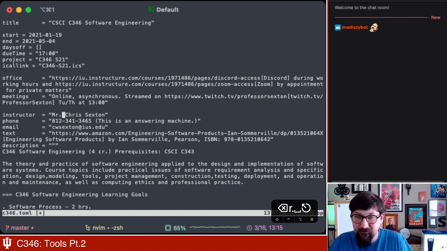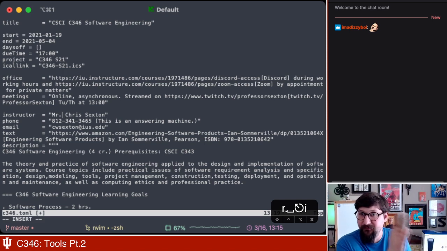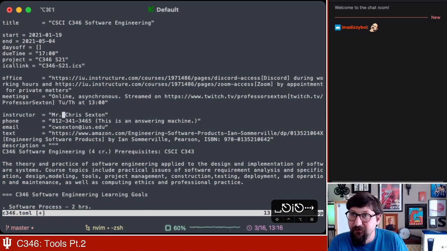So notice where my cursor goes. My cursor is right between Mr. and Chris Sexton there. If I press i, my cursor goes to the left of that. It inserts before that, right? But there is also a command to get into insert mode, a, which is append. Lowercase a goes after,